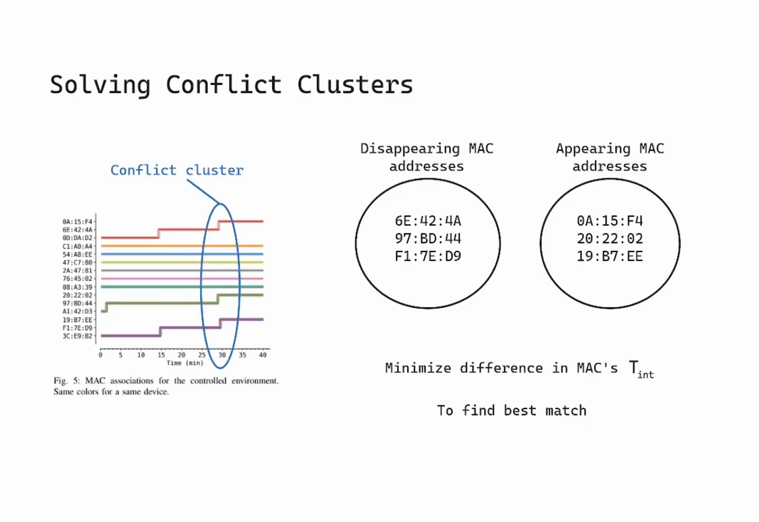In large environments, you might have many devices that change their MAC addresses around the same time, and that creates the conflict cluster that we talked about. So to resolve the conflict clusters, the proposed algorithm compares the T interval values associated with each MAC address, and then works to minimize the difference between these values when comparing the old MAC addresses with the new MAC addresses. Essentially, what it's doing is it finds the pairing that best preserves the device's inherent timing characteristics, ensuring that each disappearing MAC address is correctly matched with its corresponding new MAC address, even when multiple devices are changing at once,